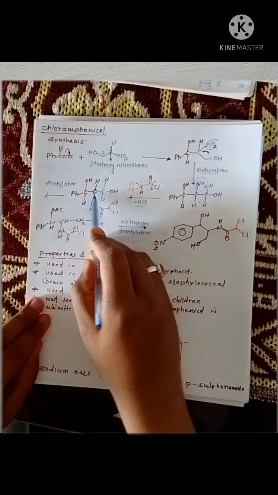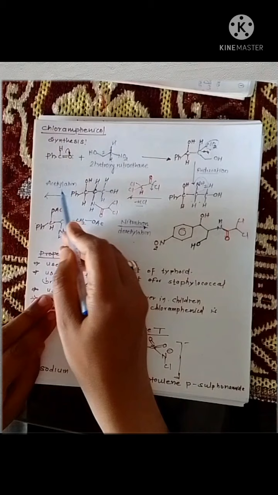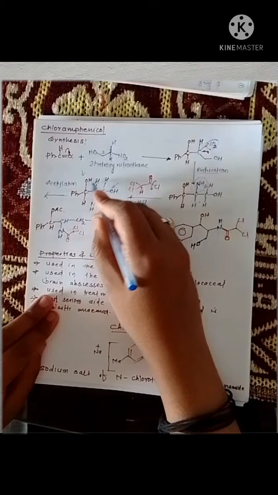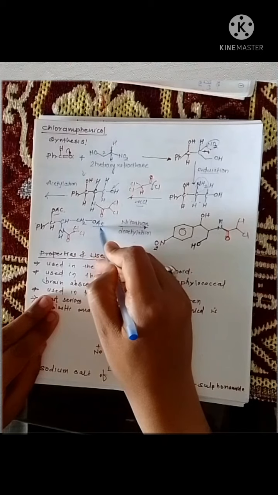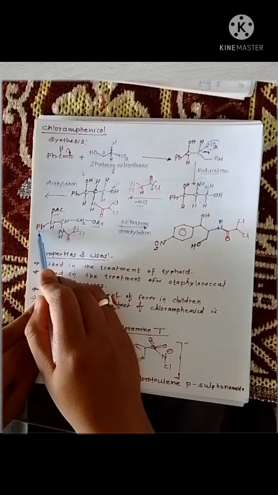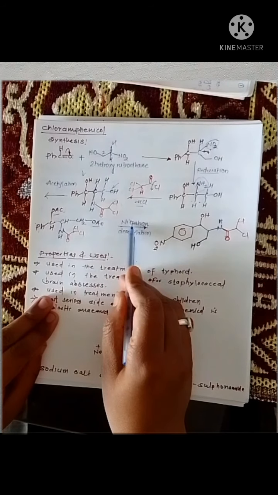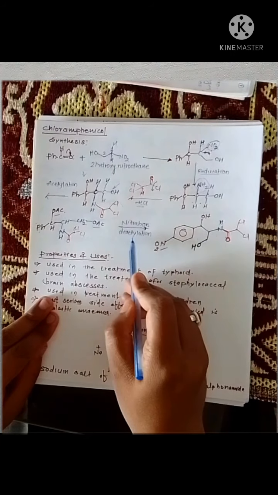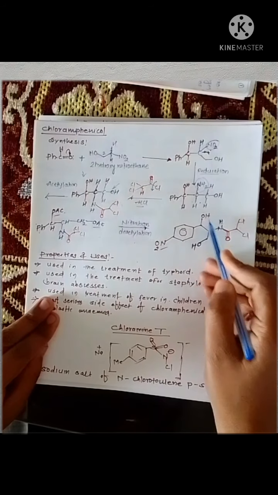Then this molecule is treated with acetic anhydride. So when it is treated with acetic anhydride, basically acetylation of your hydroxyl group takes place, so that two OH groups get converted into OAc. In the next step, nitration of this phenyl ring is done, followed by deacetylation. So during nitration, an NO2 group comes onto your benzene ring, and during deacetylation, both these OAc groups are converted into OH.